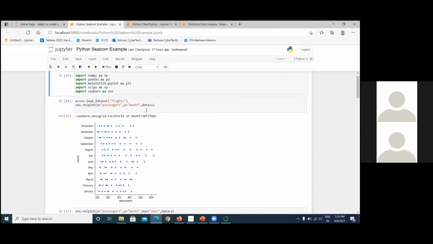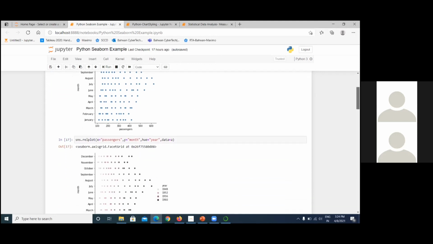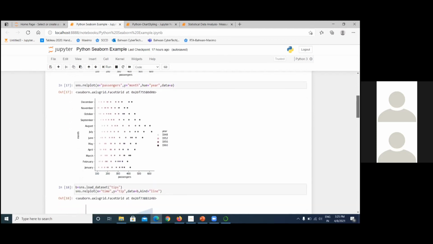So these are the libraries. We don't need to worry about what kind of information is inside the libraries. We just need to import them into our system and we can arrange the data. You can see how we can arrange the data. The first line loads a flights dummy database and we can plot the data accordingly. We can see the number of passengers, with the y-axis for the months, and the variations, showing the flexibility of Python as well as the libraries.